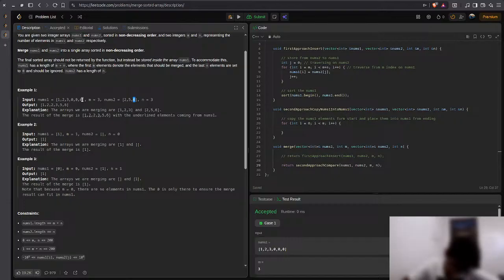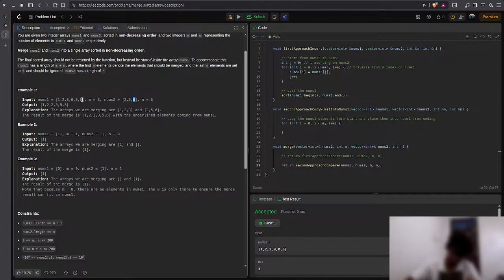Then 2 and 2, I think 2 is equal, then I have to just use the j. My k is here,